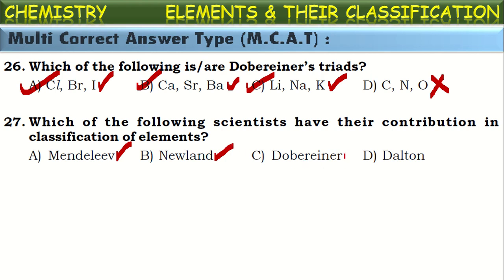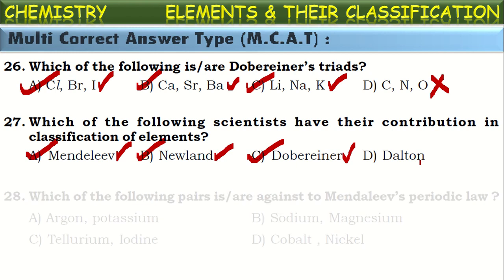Dobereiner classified elements into triads. He tried to classify the elements into triads. So in this way, these three scientists have their contribution towards the classification of elements. Dalton has given his contribution in atomic theory, but not in classification of elements. Okay, so these three scientists have their contribution towards the classification of elements. Now the correct answer is A, B, C. Next one,